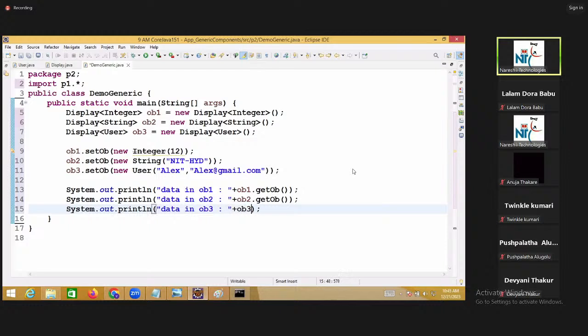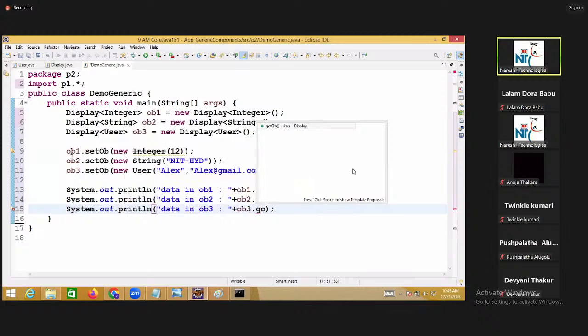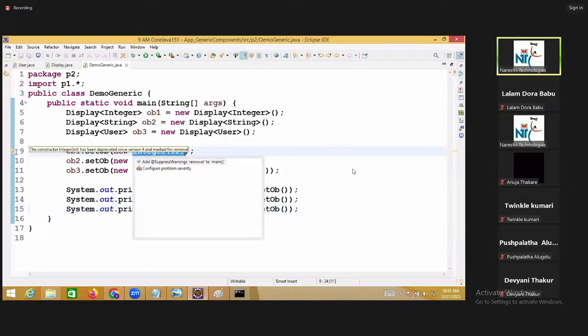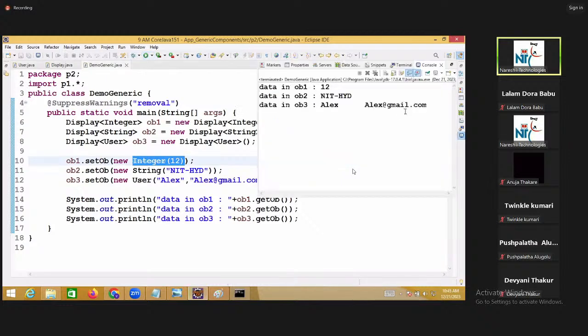So ob3.getObject. This is deprecated, no? Right. Now the answer will come. ob1 12, ob2 this one, and so on.